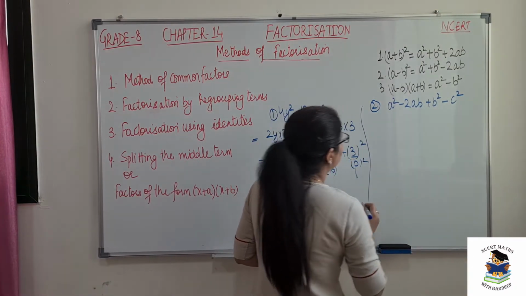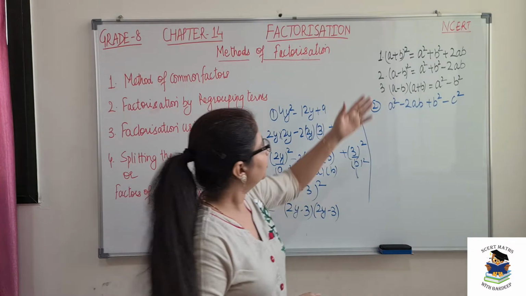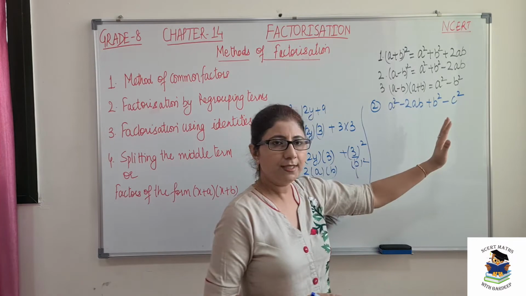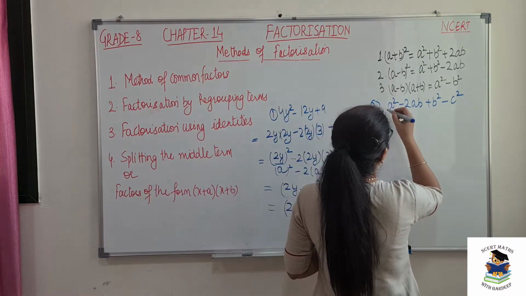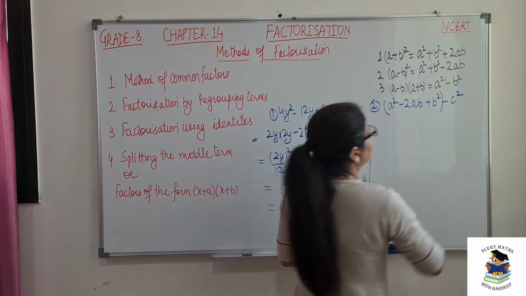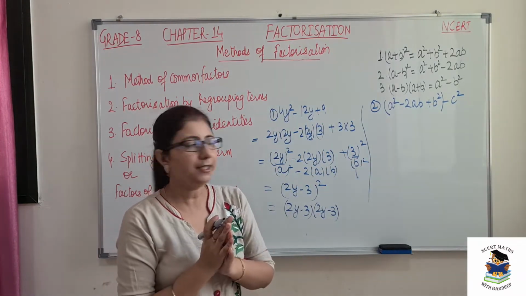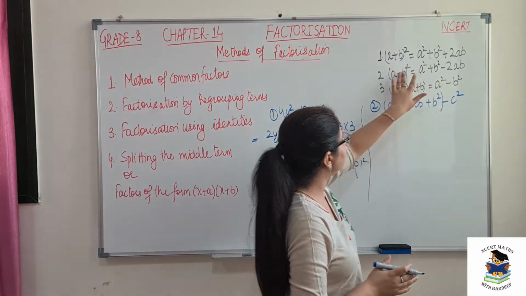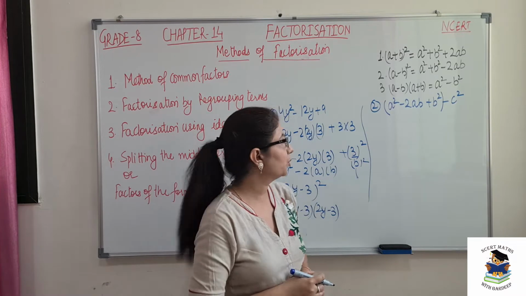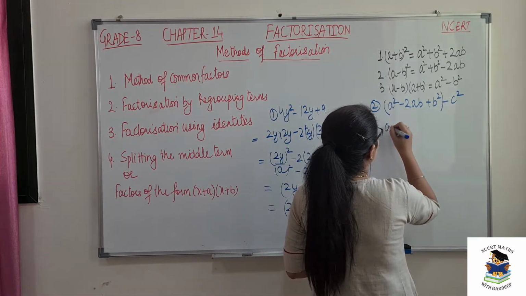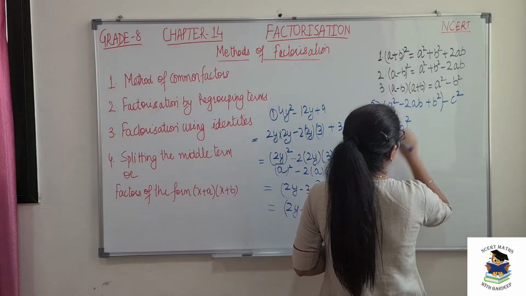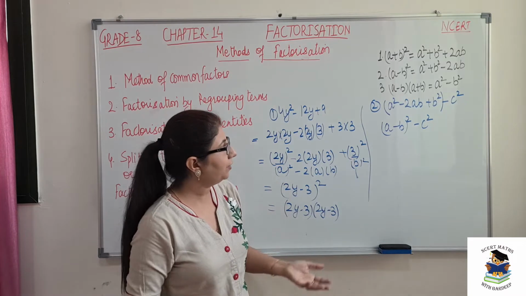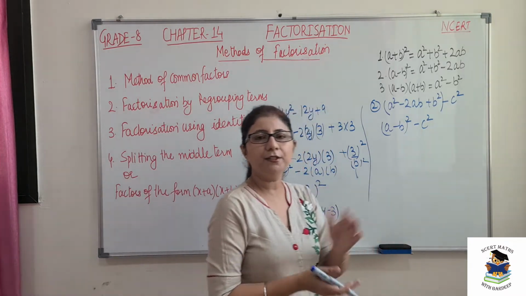Here we are having 4 terms. As we know, in identities at the most we can have 3 terms. So now what we will do in this case is, we will see whether any 3 terms are making any of the identities. Here we can see this is a square minus 2ab plus b square, which is the same as (a minus b) whole square. So we will regroup it and this is written as (a minus b) whole square. This minus c square as it is. Again we have to recheck whether further any identity we can use.